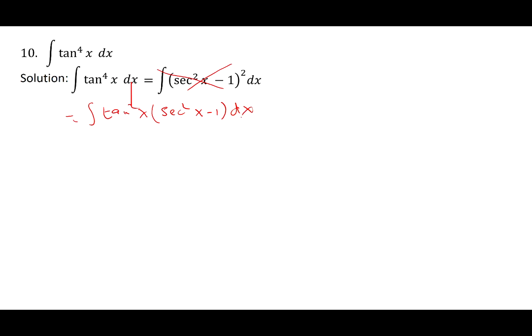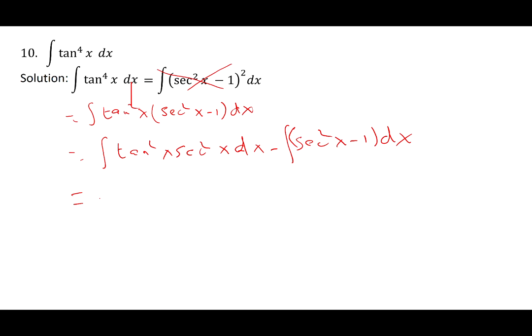Tangent to the 4x is tangent square x times tangent square x. And the second tangent square x, I'm writing as secant square x minus 1. So this becomes integral tangent square x secant square x dx, minus integral tangent square x. Tangent square x is secant square x minus 1. And now if we plug in u equals tangent x, then du is secant square x